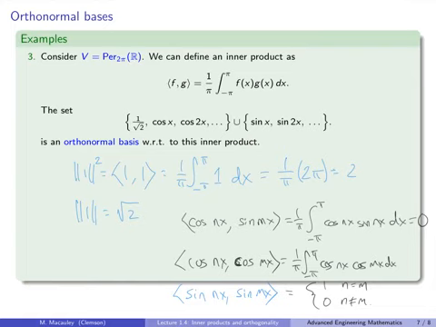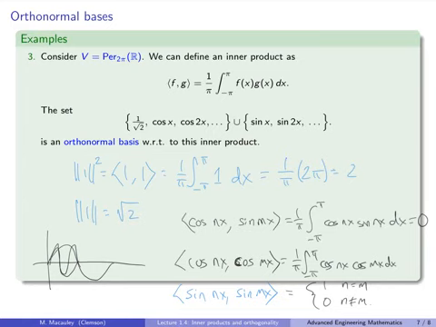But in some ways, this is actually nicer because we know what cosines and sines look like. So these things are really the fundamental frequencies. You think of them as sound waves. So this is sine of x, sine of 2x looks like that, sine of 3x looks like that. And so this really means that any